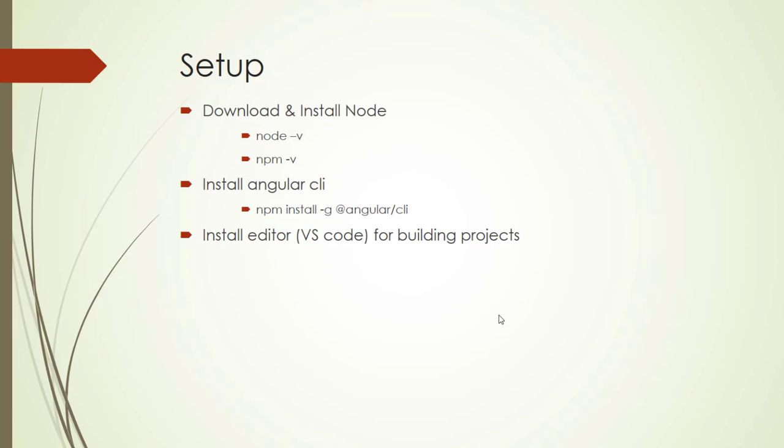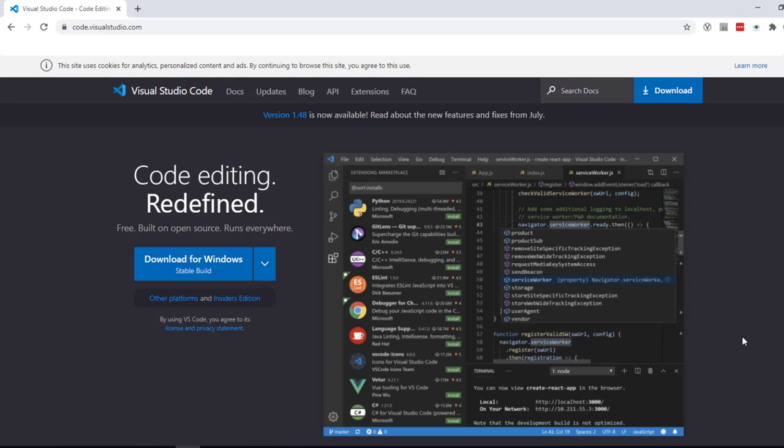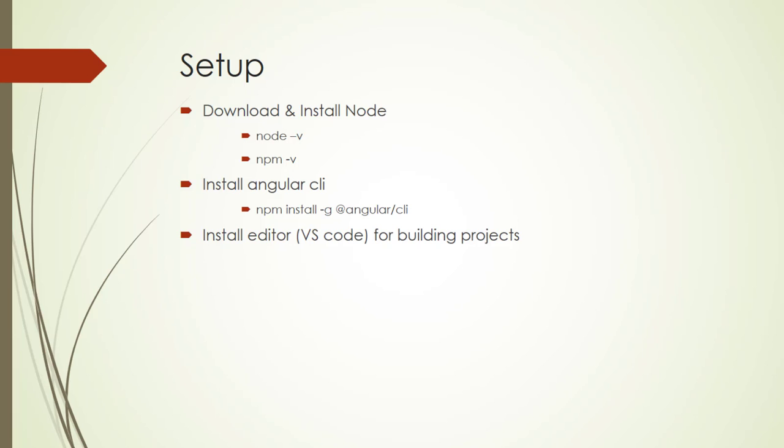You can use any other editor if you want. For installing Visual Studio Code, just go to code.visualstudio.com and click on download. It will download a file which you can again see in your downloads folder. Click on that installer, follow all the instructions, click on next and finish it. Once it is done, you have completed all the 3 steps and now you are ready to build an Angular